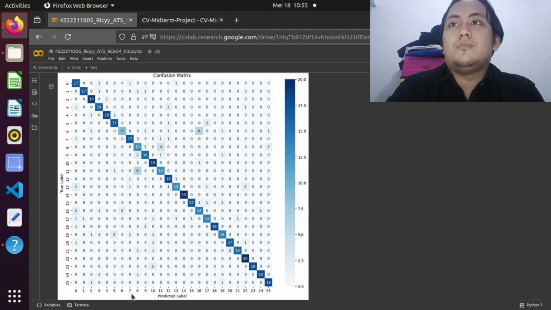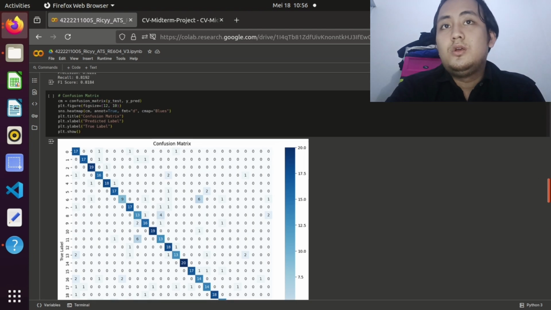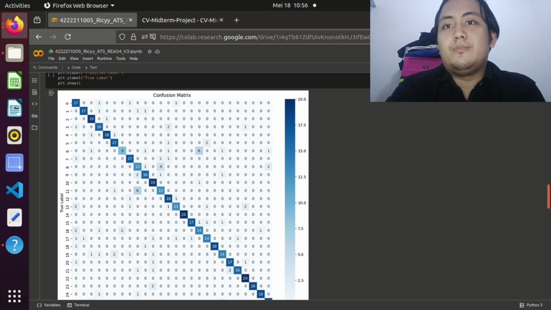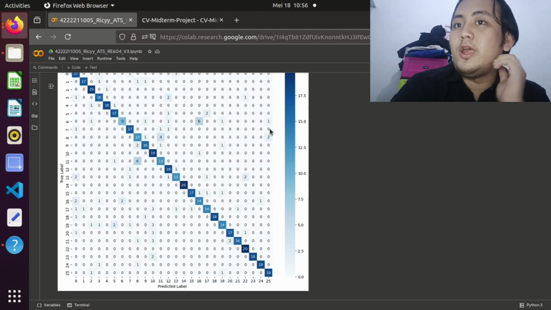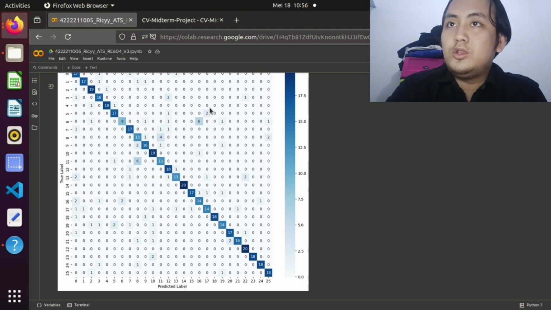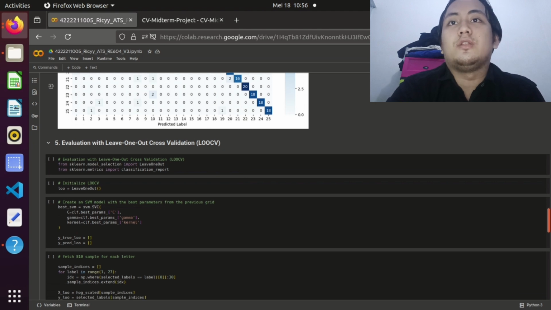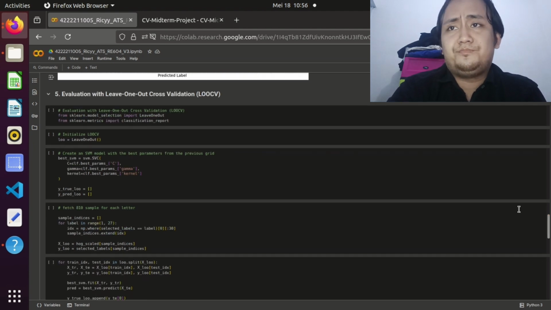Next is the confusion matrix. This is the confusion matrix for my model. 80% is quite accurate, but you can see there are some mispredictions. Number 6 is predicted as 16.